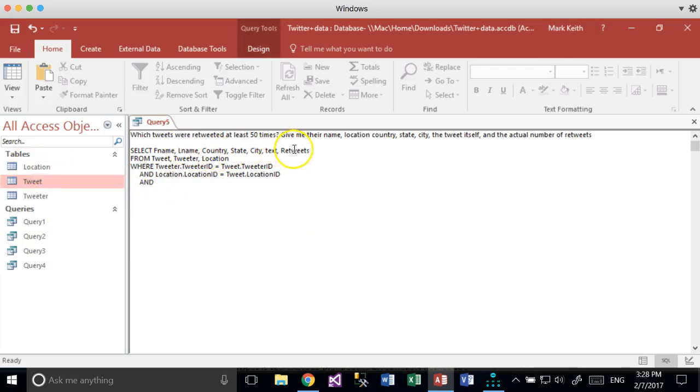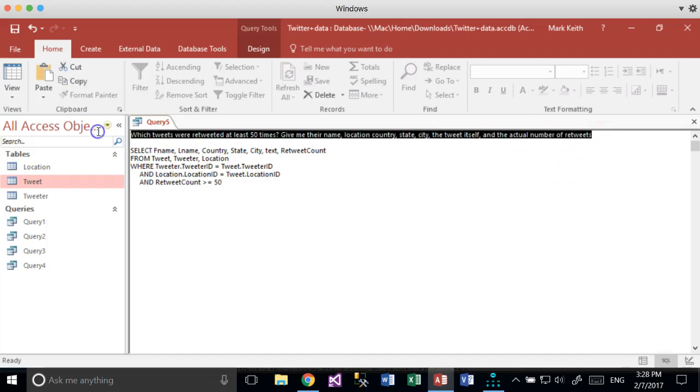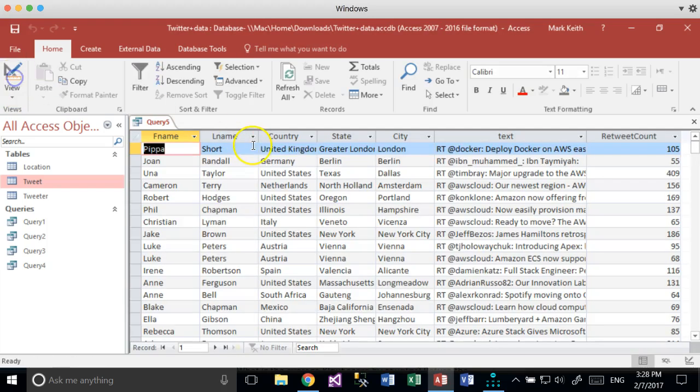So back up here, I better call it retweet count. And then down here, retweet count greater than or equal to 50, because it says at least 50 times. It doesn't say how to sort it, so okay, let's go with this. Delete and view. Okay, Pippa Short, I love it, in the UK, in Greater London, City of London, had this